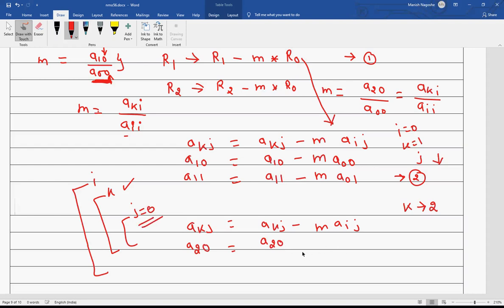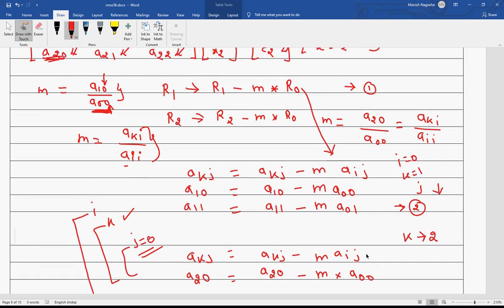J again started with 0, minus M, whatever I am already getting. I am using this formula, so there is no issue about the M I am going to get, into A of I, so I still is 0 and J still is 0. So this is the operation I got: A20 equal to A20 minus M into A00.